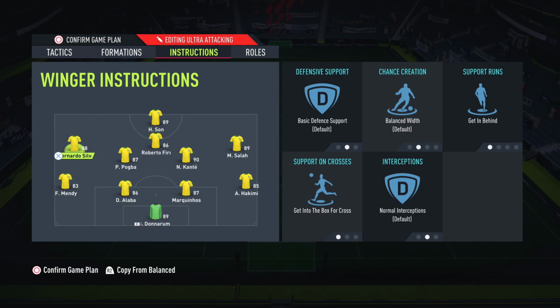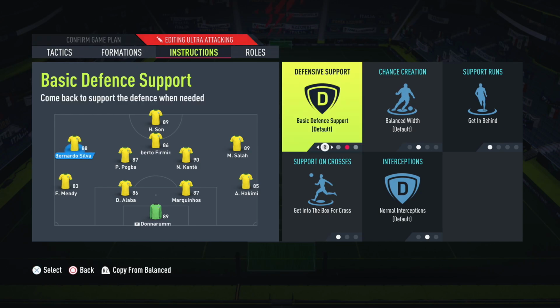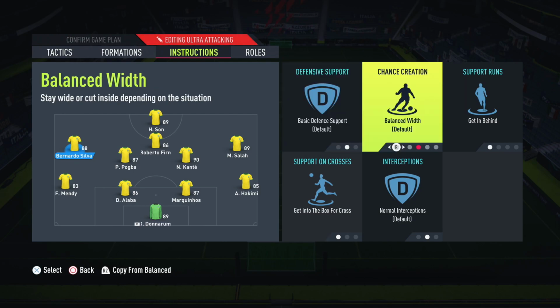So you can see that we're going to be using the basic defensive support. Don't want them on come back on defense. Not really necessary in this formation. We're going to have them on balanced width. Now, we could have them on cut inside, and that's going to make your formation maybe a little bit too narrow, and it could almost turn into a bit of a 4-2-2-2 in a way. It's going to be very compact. It's going to be very tight, and it's going to be maybe a little bit too easy for your opponents